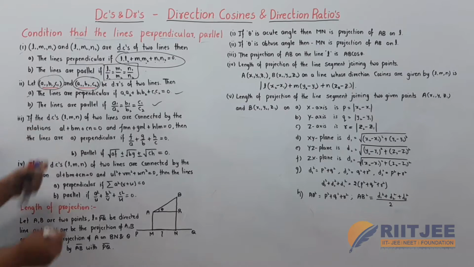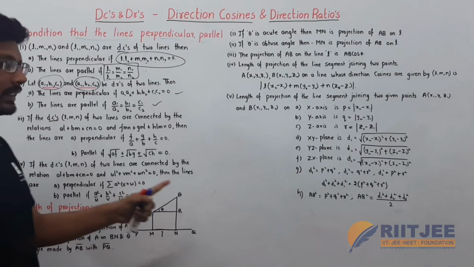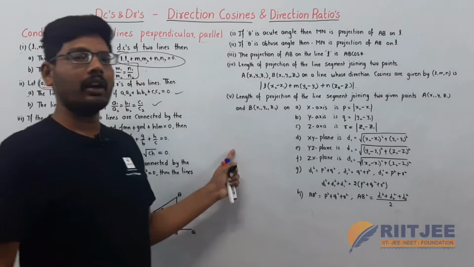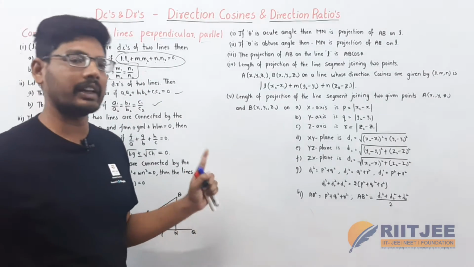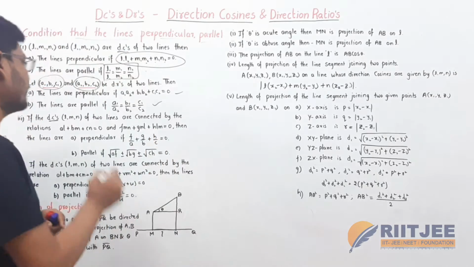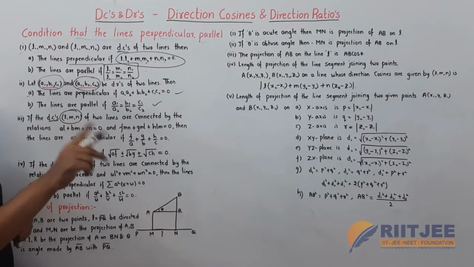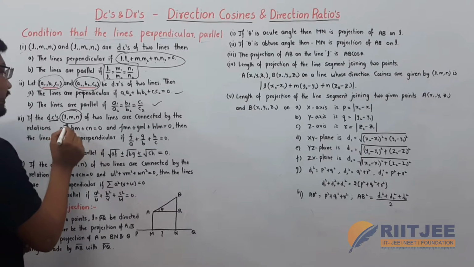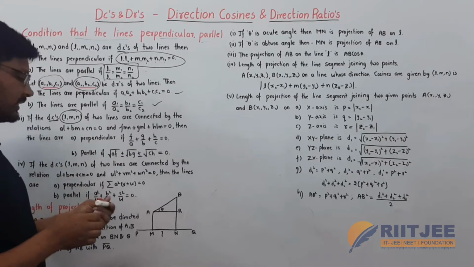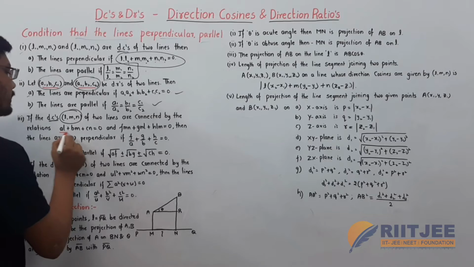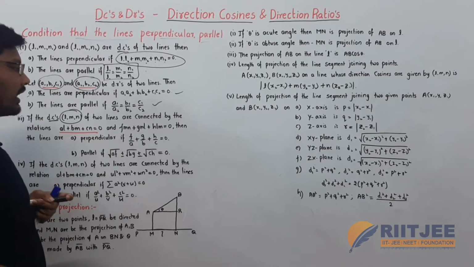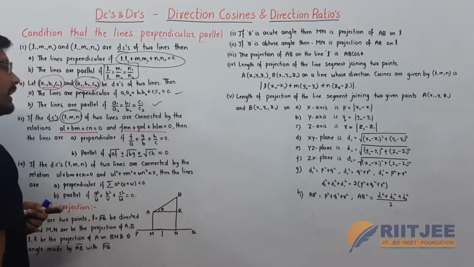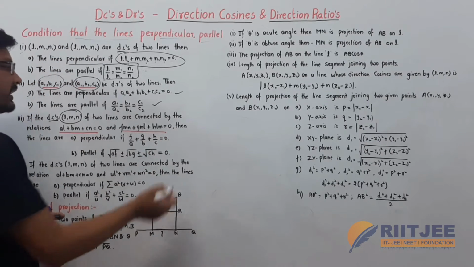If the direction cosines are l, m, n, where l is cos alpha, m is cos beta, and n is cos gamma. Here the direction ratios of a line, that is OA, only one line I am taking here, of two lines are connected by the relation. Here we have two lines: al plus bm plus cn is equal to 0, for one line, and fmn plus gnl plus hlm for another line.